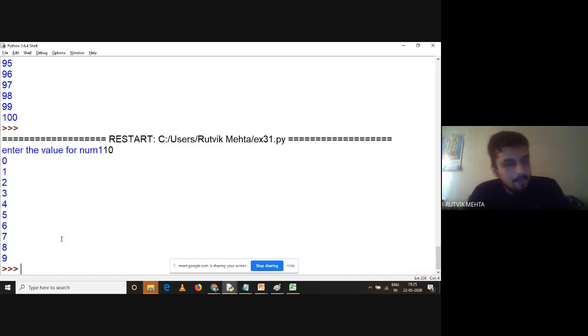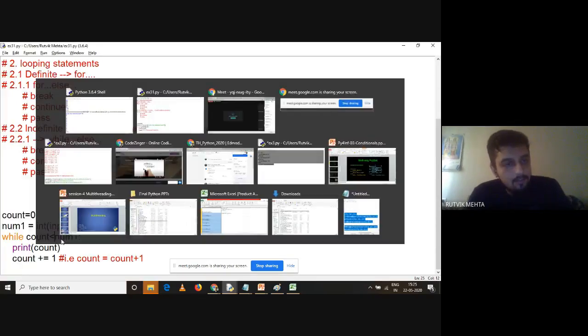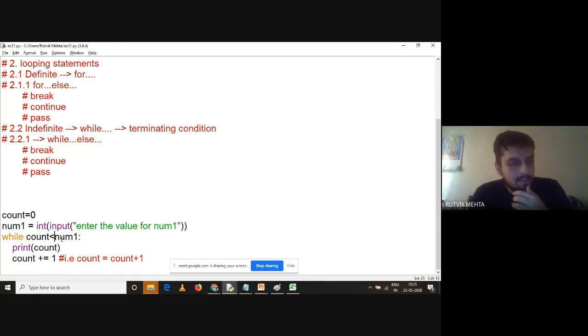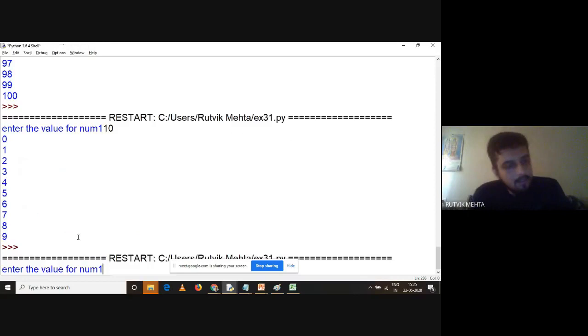Okay, fine. Nice answer, right? As 10 is not equal to 10, the condition is removed from the conditional statement. It is going to print 0 to 9. Now, as I'm telling you what is true and what is false, this is very much applicable over here, right? See this. If I make it while true, and then I'm saying print count, there is no terminating condition over here. So this loop is going to run infinite times, right? I can make it while true, or I can make it while 1 also, because any number will be true except 0, right?